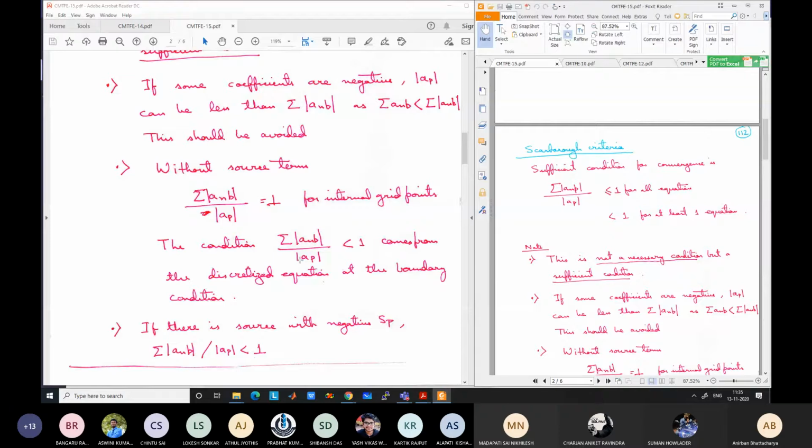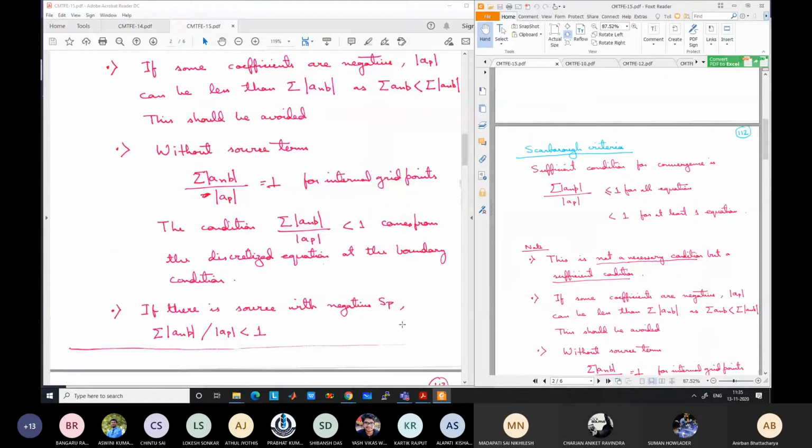If luck is bad, the solution will diverge if you use this type of situation. But it is better to check for these types of conditions. Obviously, you cannot check every time, because it will take a lot of computational resources. So our discretization scheme has to be such that most of these conditions are guaranteed.